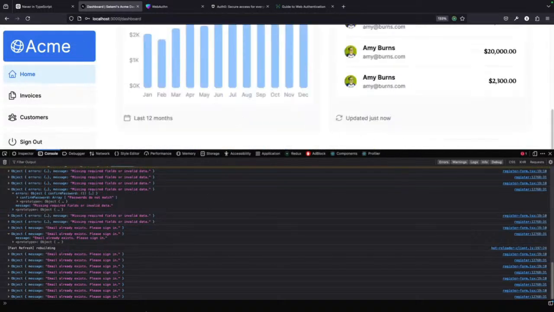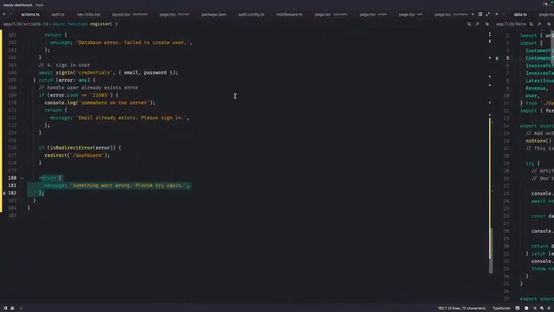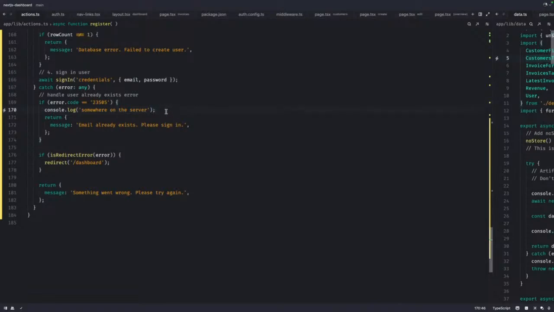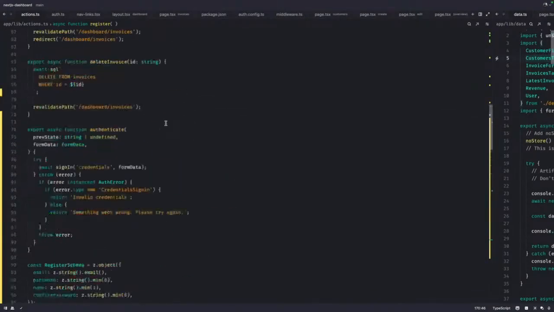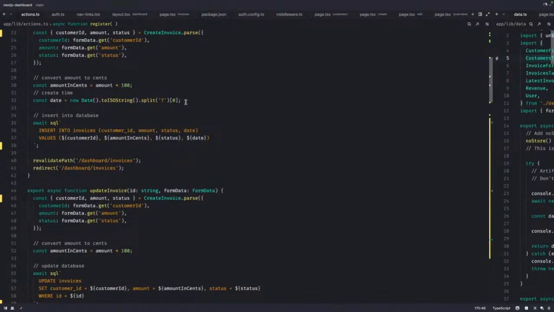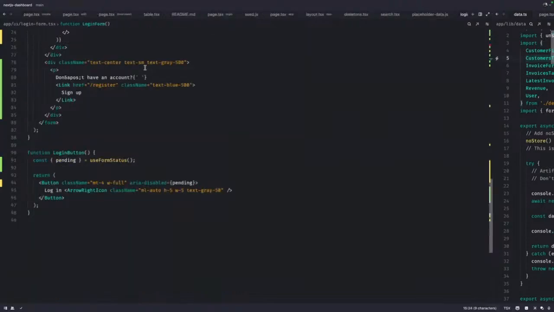Right, beautiful. So when you have the confirm sign up, it takes us to the dashboard. So this whole register flow is exactly the same flow that happens on the sign-in. So if we go to the login, where's the login flow now? What are the login forms? So this is the login form.